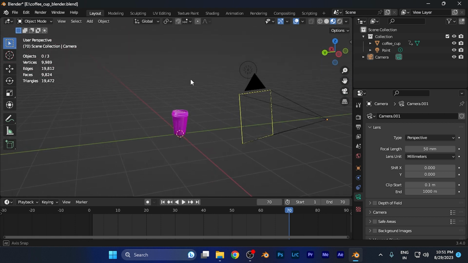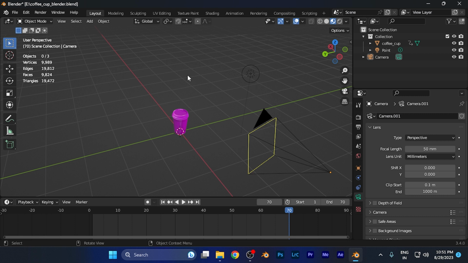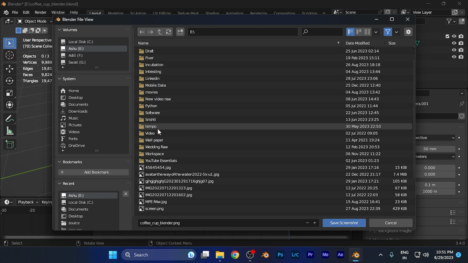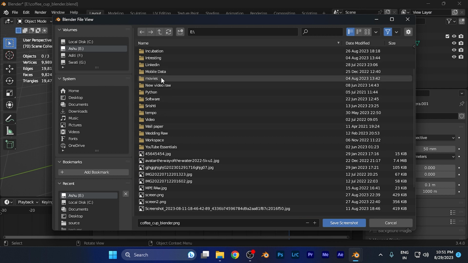Now to save the screenshot of this workspace, I simply need to click on the Window button on the left. On the top left corner, you're going to find 4 or 5 options, and this one says Window. Just simply click there, and here you're going to see this option of Save Screenshot. Just simply click there, and when you click there, a saving window will pop up in front of you,